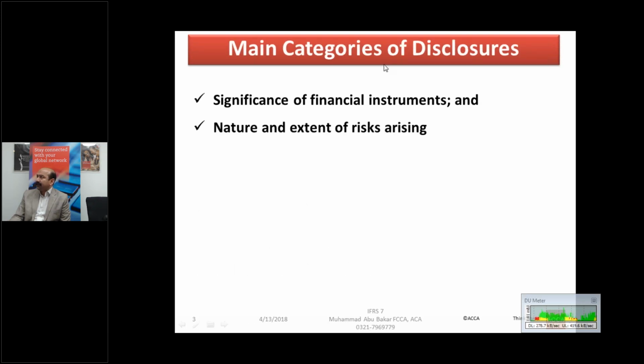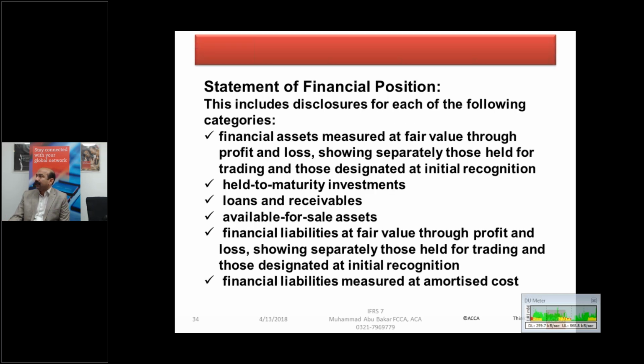Main categories of disclosures are two. You have to disclose the significance of financial instruments, and the second category is the nature and extent of risk arising from those financial instruments. Okay, first of all, in significance of financial instruments, in the statement of financial position,